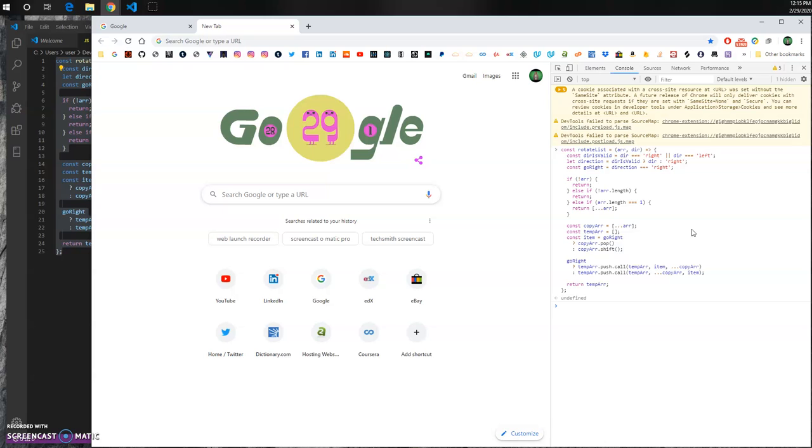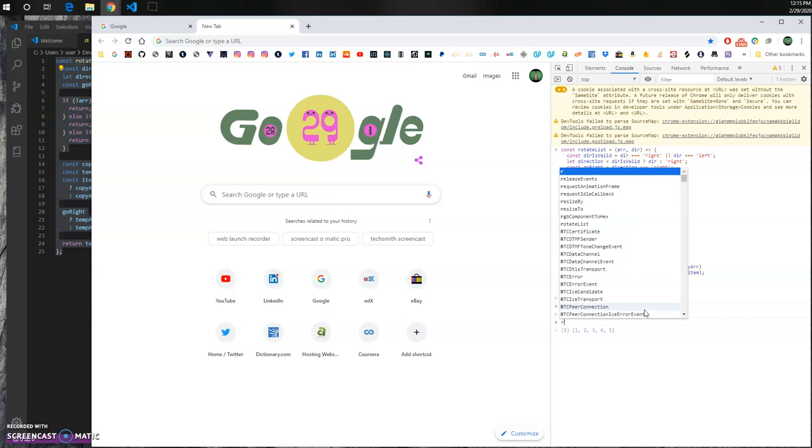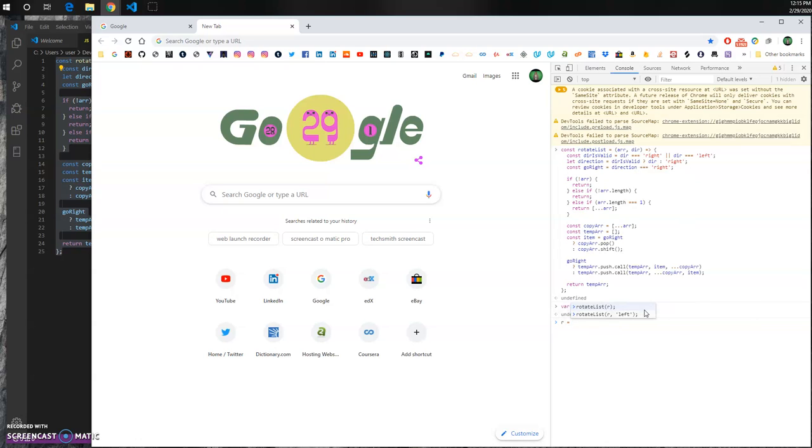So now let's say we have var r, and then we have 1, 2, 3, 4, 5. Now if we say r is equal to rotate list, and then we pass in r itself,